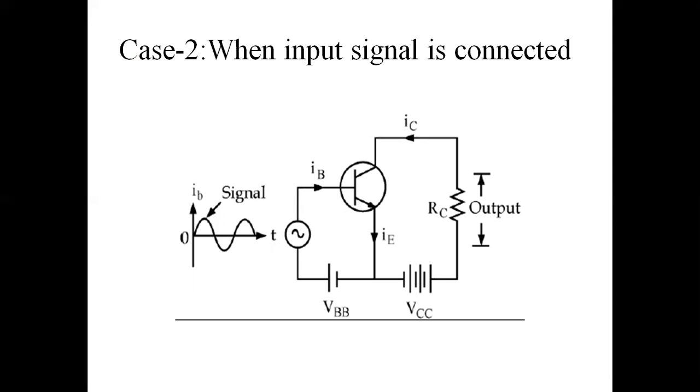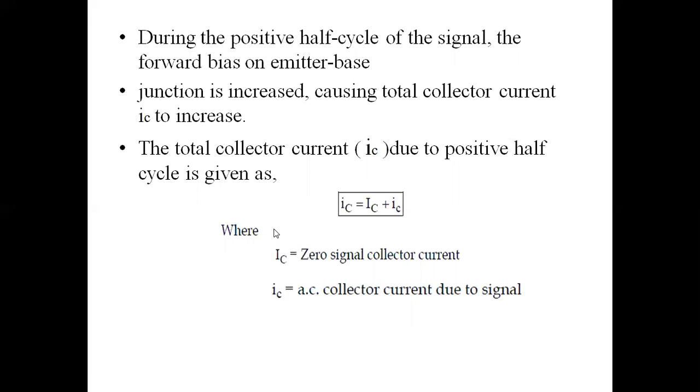As a result, what happens? Collector as well as emitter current also varies with the time. This varying current, when it passes through the load resistance RC, will provide a varying voltage which is going to develop across it. This varying voltage is the output voltage, that is V0. So let me tell briefly how this circuit is going to behave in positive half cycle of the input signal and during negative half cycle duration.